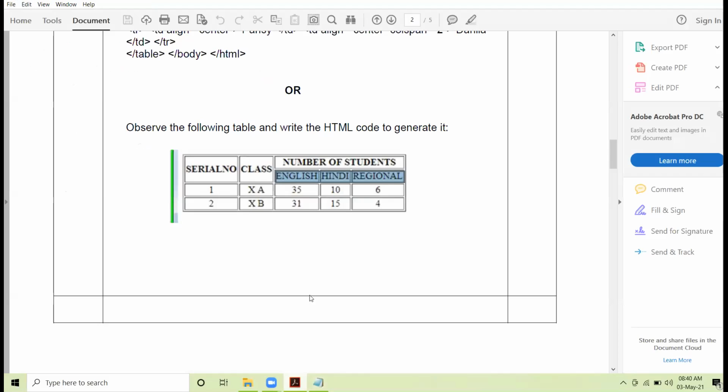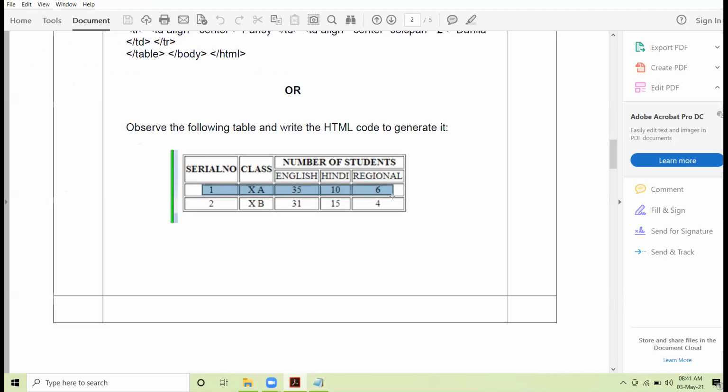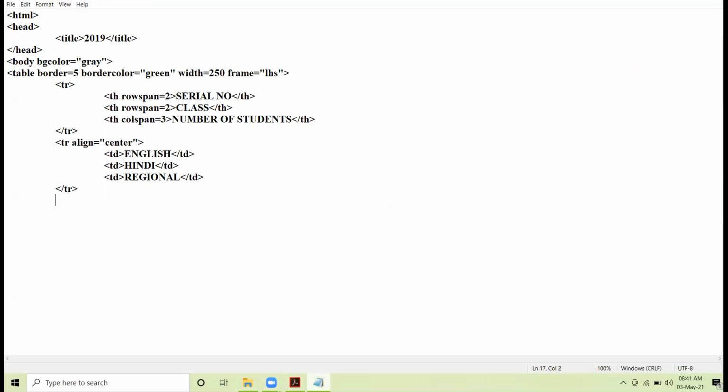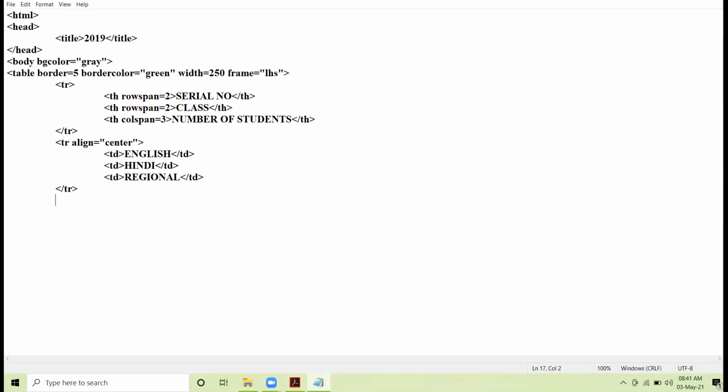Now moving to the third row. This is the normal row. No row span, no col span. Okay. So this is the normal row. Okay. So we have, let me copy paste it. Now here I will write 1.